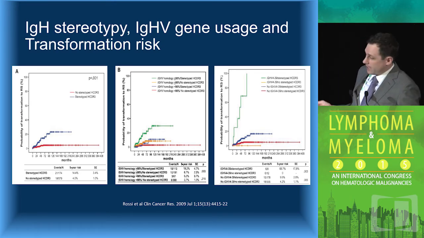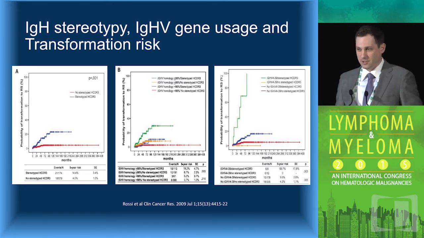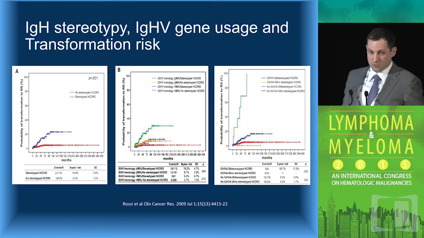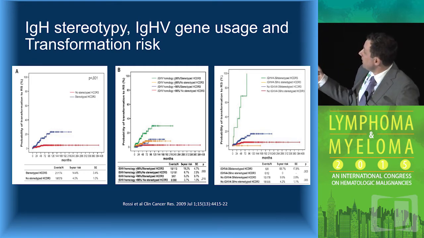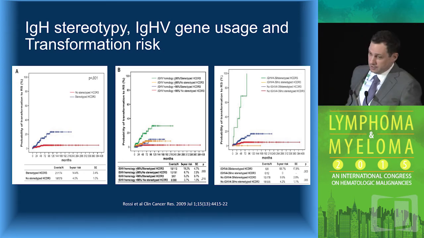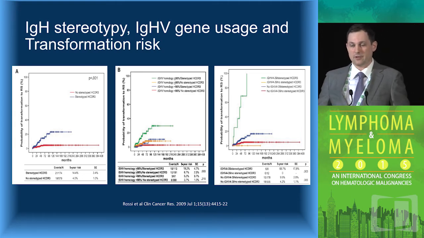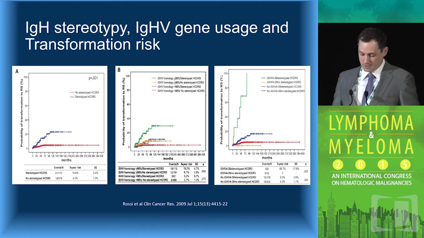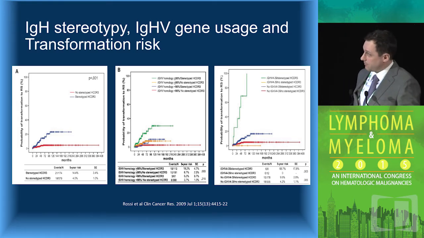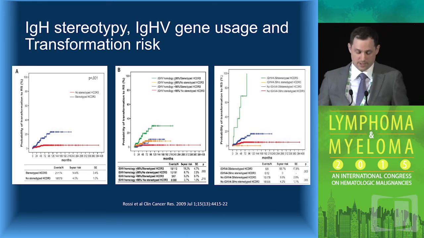And when you start to look at specific high-risk V gene usage, we also find patients with stereotyped B-cell receptors and certain V gene usage, such as 4-39 or subset number 8, which is this group, have extremely high rates of Richter's transformation, again approaching 80 to 100% at 5 years. Interestingly, when we look at other high-risk stereotyped B-cell receptor or immunoglobulin genes, such as V3-21, we don't see quite as high of a risk. So there does appear to be something related to V4-39 usage.